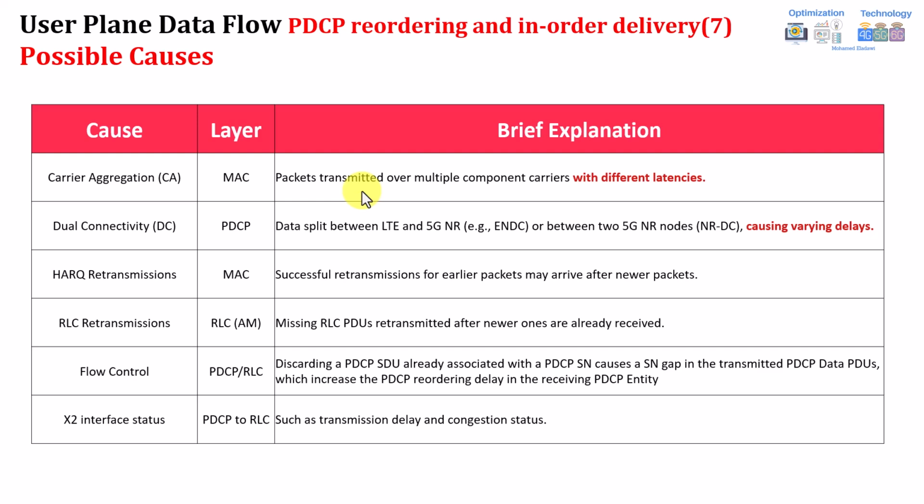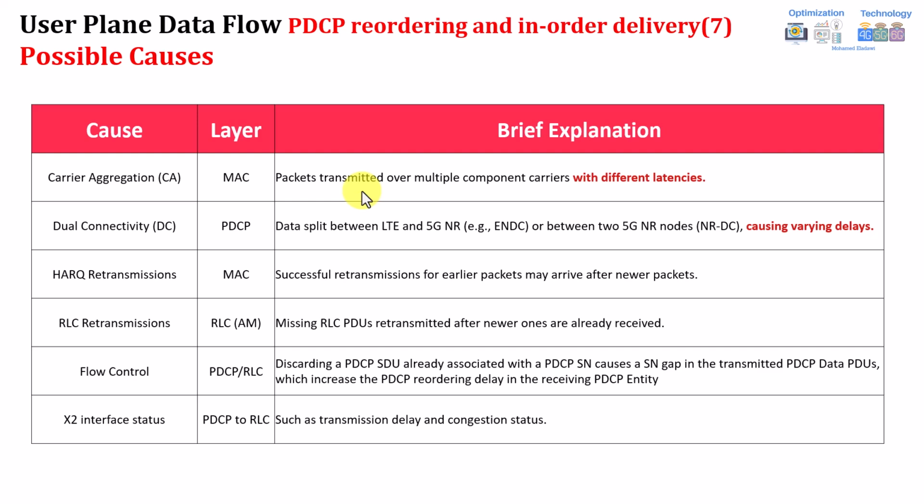Also with flow control or the PDCP discard, as we mentioned, maybe the PDCP discard in uplink or downlink can discard if the timer value is very low. You can discard a packet which already has an associated sequence number, and if you discard that packet, assume what has already gone there as retransmission is discarded very early. In this case, this can also cause a gap in the sequence delivery, so it can cause the reordering to be started.